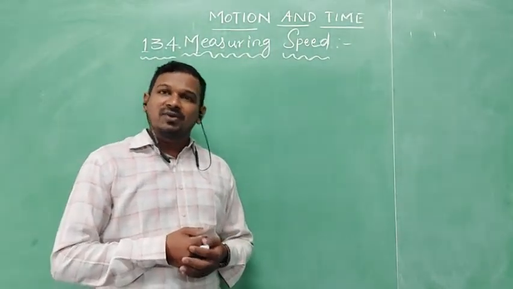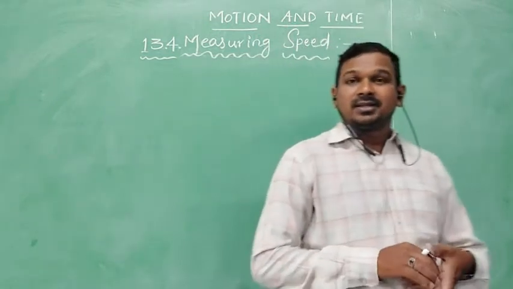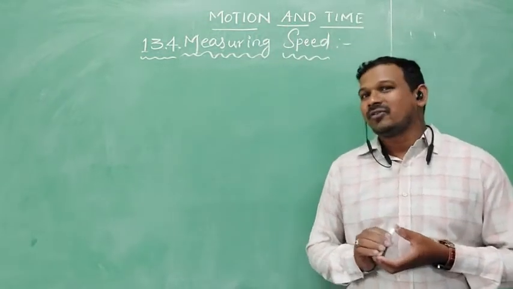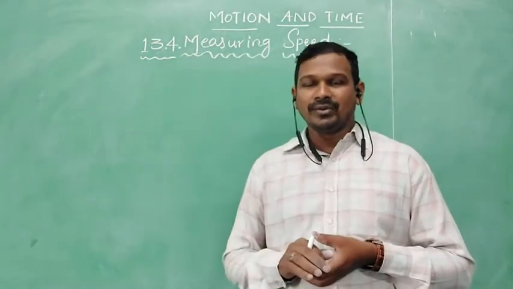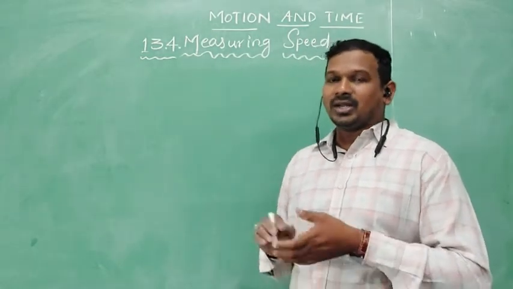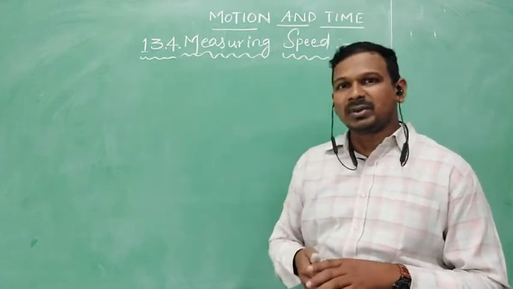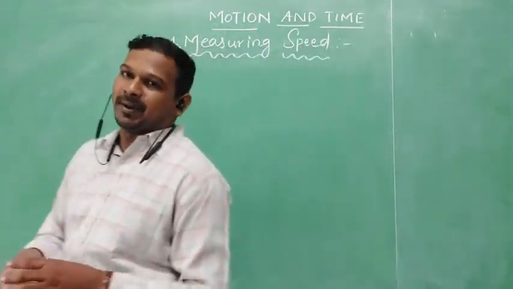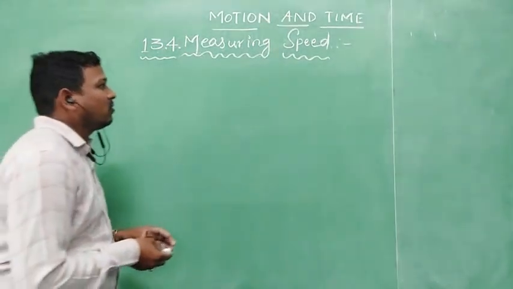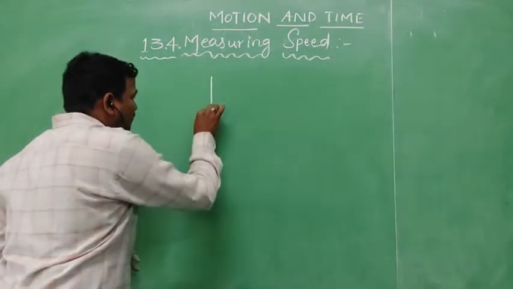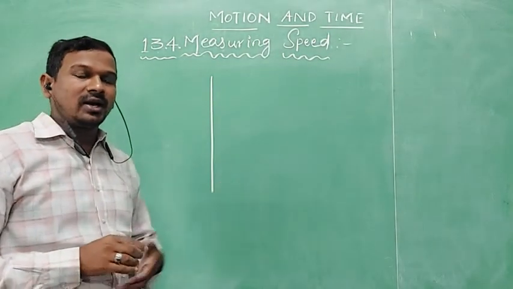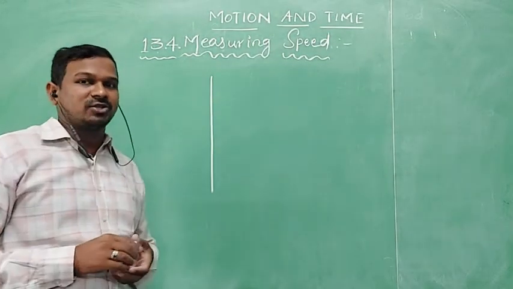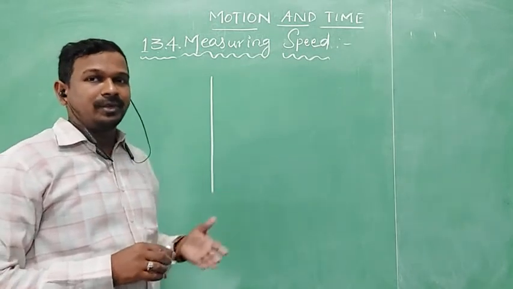For this we are going to do one activity. This is a fun activity actually. We need to do it physically. Now here I am explaining on this board. Hope you will understand, based on this activity, how to measure the speed. Now for this, I am drawing one line on the floor or even the ground, with the help of chalk or powder.